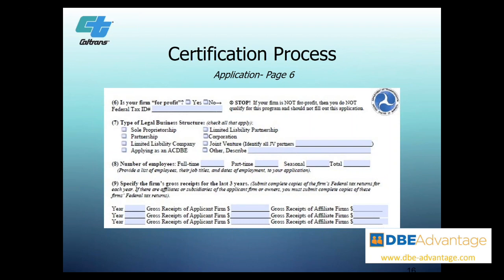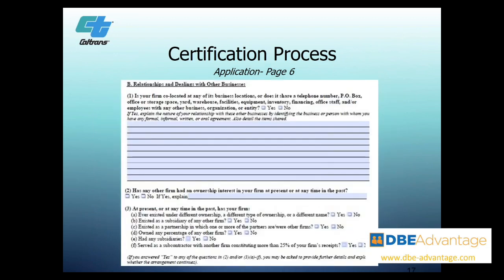And then you need to provide your gross receipts for the last 3 years from the date of your application. Now here, if you're a relatively new firm, then you only include those years that are applicable for you as a new firm. If you're a brand new firm, where you have no gross receipts for a full year, then you provide the information you have for the period you have available. Moving on to the next